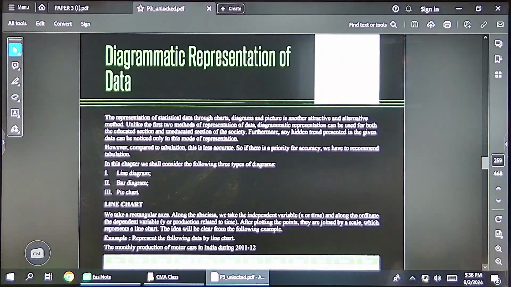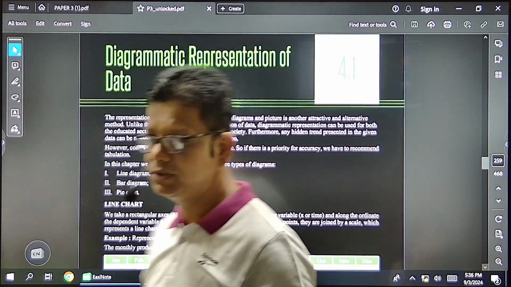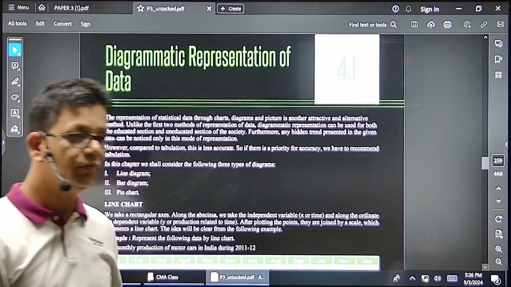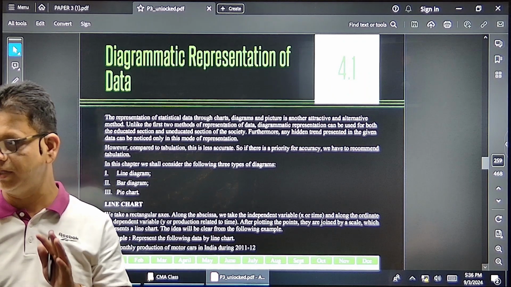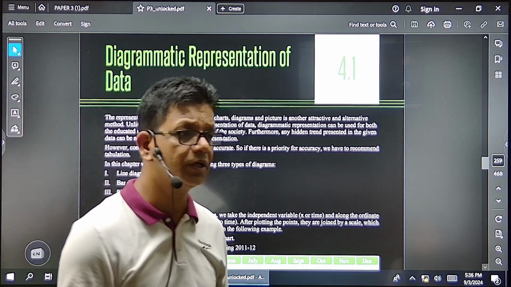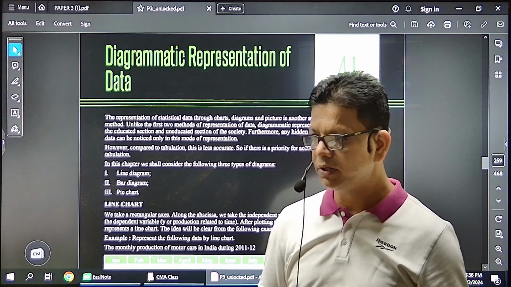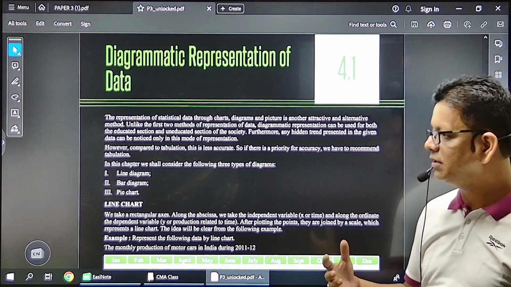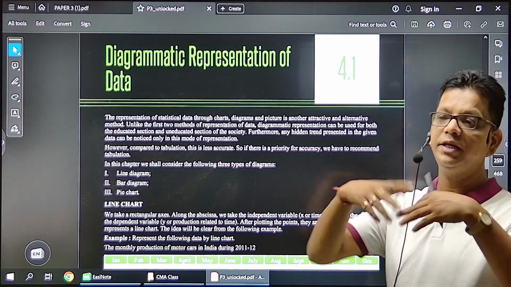This one. Diagrammatic representation of data, all right? So our statistics actually starts here, and I believe before you took the admission or during these classes you have come to know your question paper comes in the form of MCQ only, right? But in statistics, it's not that MCQ where we will get the answer without doing